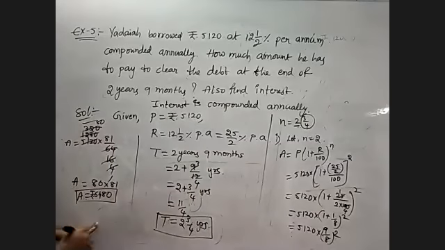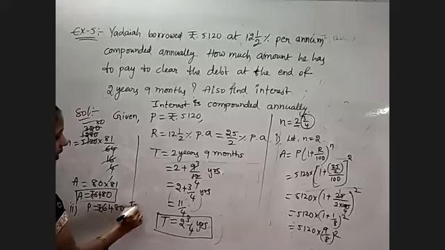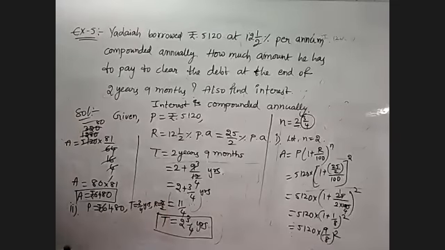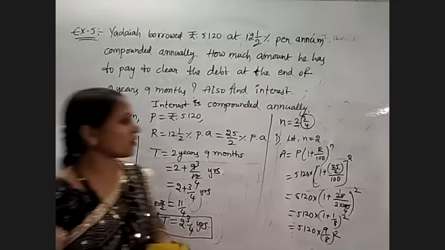Consider this amount as principal, and calculate for the remaining part, 3 by 4, the simple interest. So secondly, we take principal equal to 6,480 rupees, T equal to 3 by 4 years, and rate of interest the same, 25 by 2. With those values, calculate the amount and the interest. Okay, this problem will continue in the next class.